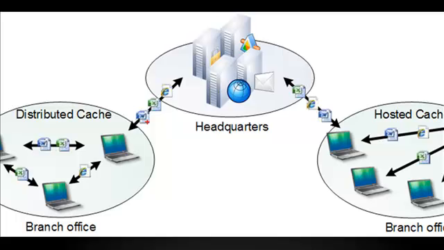Well, when you use branch cache, you're assuming, you know what, I want to not use the WAN link as heavily as possible. I want to try to lighten up the traffic on that link between this network and headquarters. So with the distributed cache, what happens is,